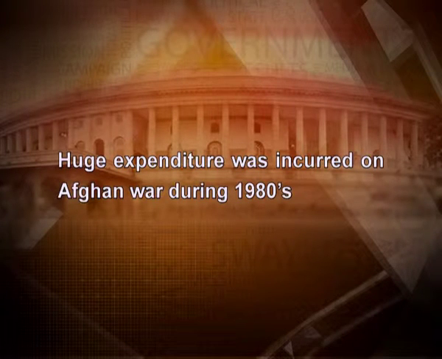Along with these problems with the Soviet system of planning and organizing the economy, huge expenditure was also being incurred on the Afghan war during the 1980s. In this time, the wages increased, but the productivity went down as there was a lack of resources, because the resources were being diverted towards the Afghan war. All this situation led to the shortage of consumer goods. So what happened? Russia started to import food grains, which also increased its debt.